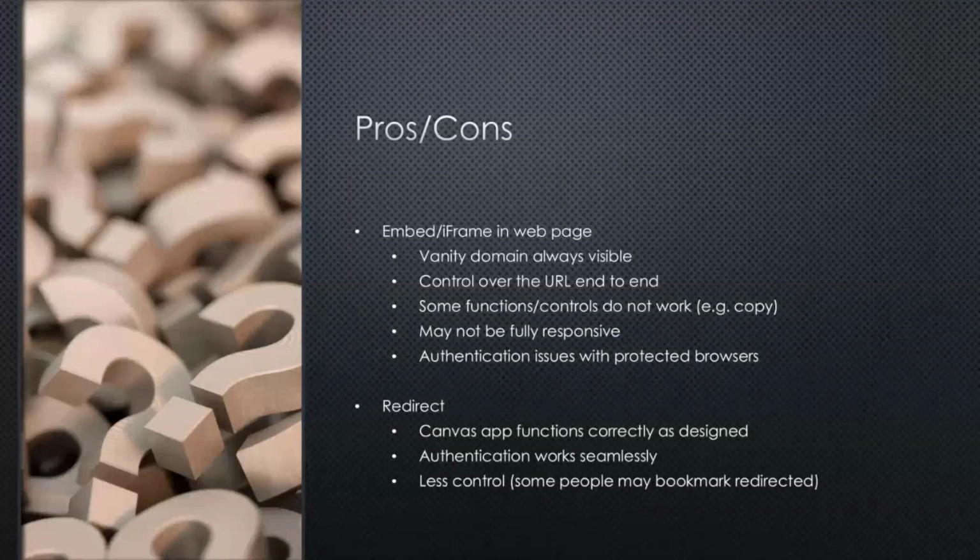If you put your Canvas app inside an iframe, then you've got that vanity domain and it's always visible. You've got control over the end-to-end side of things. So maybe your Canvas app changes, maybe you need to move it into a different environment, and the URL is going to change. Actually, your iframe URL can stay the same. There are some functions that don't work, which I'll show you shortly, and responsiveness inside iframes is always a tricky one, I found. Also, authentication issues if you're using protected browsers with third-party cookies blocked can be a real problem with iframes. Whereas with redirects, you don't get that vanity domain up there